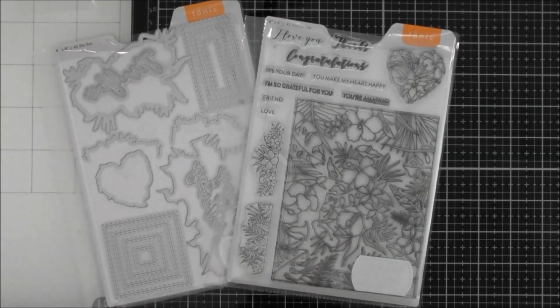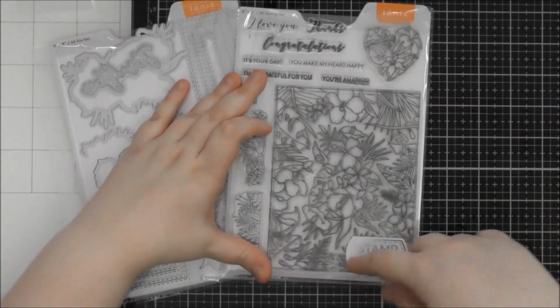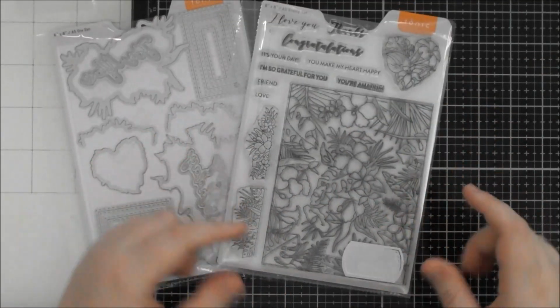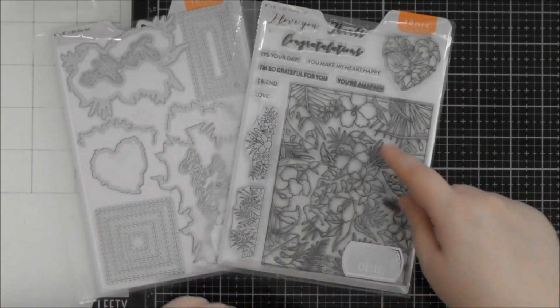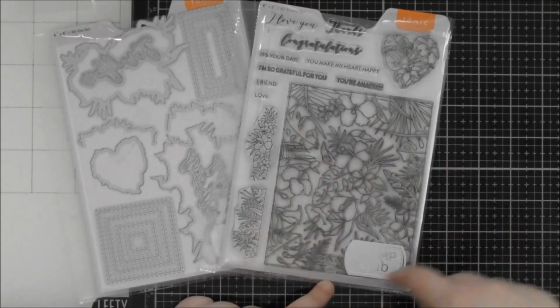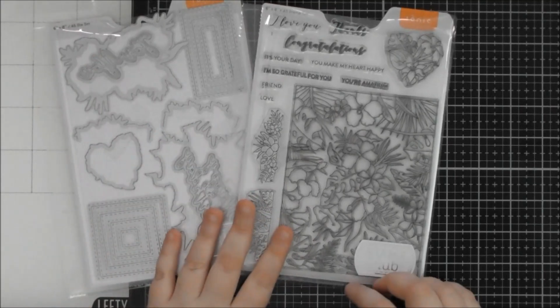Today's one is looking at Stamp Club number 3 from Tonic, and it is called Happy Hibiscus, and it's got this stunning large background stamp in it. But it's a really clever design because they've made it so that you can use it as a background, you can use the middle section as a focal element, or you can use the outside of it as a frame as well. And I'll go through more of how that works with all of the dies as well,